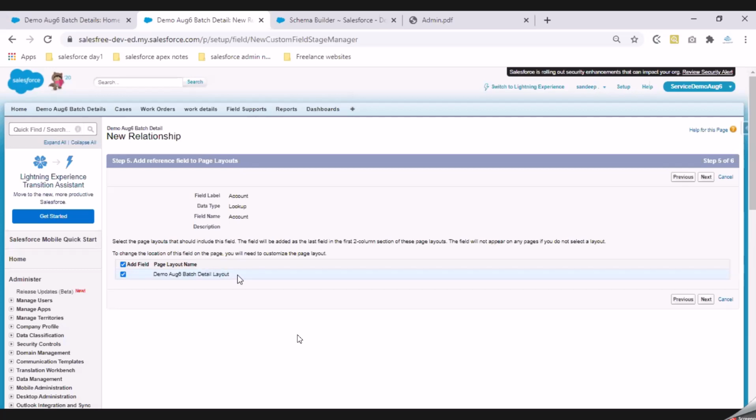So if you want this field to be added onto the page layout as soon as you create it, you will check this checkbox. If you don't check it here, what would happen is the field would be created, but it would not be added onto your layout. So if you uncheck this one, you will not be able to see that field on the layout. All you need to do is go to that page layout on that object, edit that page layout, and then again add that field onto the page layout. All right, so I don't want to do those extra steps. That is why I'm checking this checkbox.